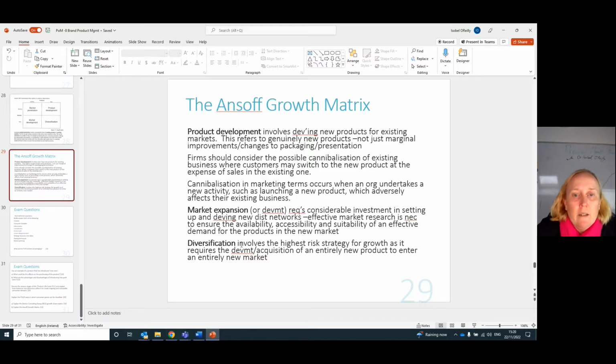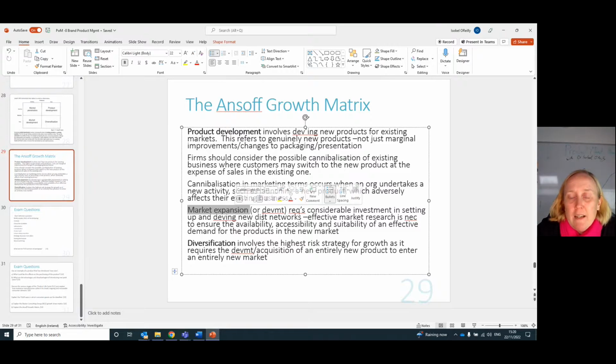Now, market expansion, or market development, requires considerable investment in setting up and developing new distribution networks. Effective market research is necessary to ensure the availability, accessibility, and suitability of an effective demand for the products in the new market. Diversification then, the final option, involves the highest risk strategy for growth, as it requires the development or